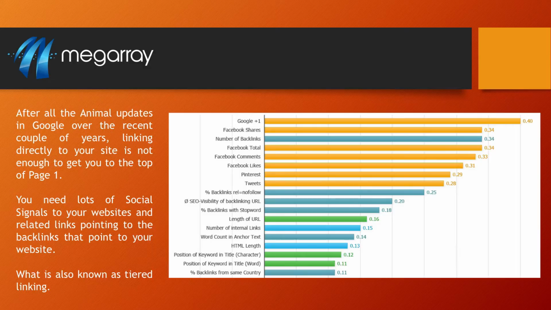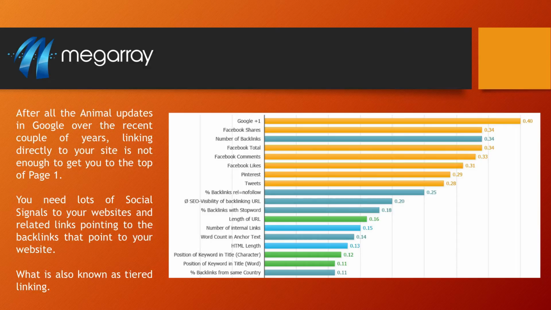just build backward links. So you're going to need to do social signals, which if you look here, the number one thing, these are the ranking factors for SEO today. Google plus ones, Facebook shares, and then backward links, okay? And then your Facebook total and comments, likes, your Pinterest, your tweets. So you need social signals to your website, and that's what these are: Facebook, Twitter, Pinterest, okay? Tweets, etc. Those are social signals. Google's looking at that. Oh, and Google Plus, of course, they're going to look at